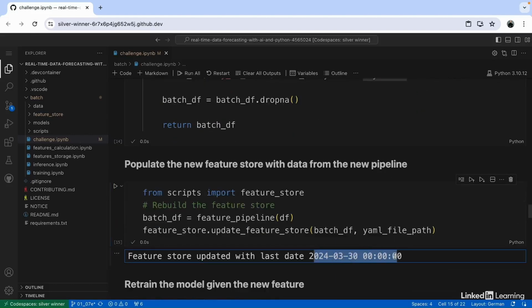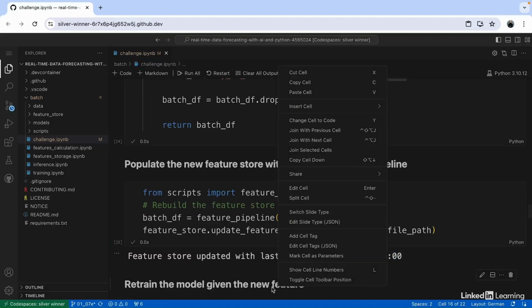And you can see now it got updated with the latest value. And of course, now that we have updated the feature store, we also